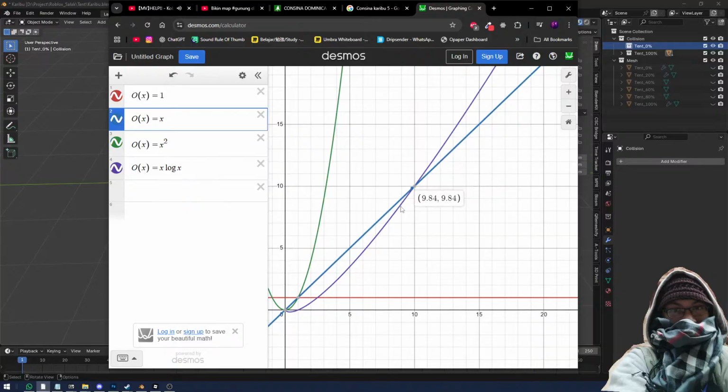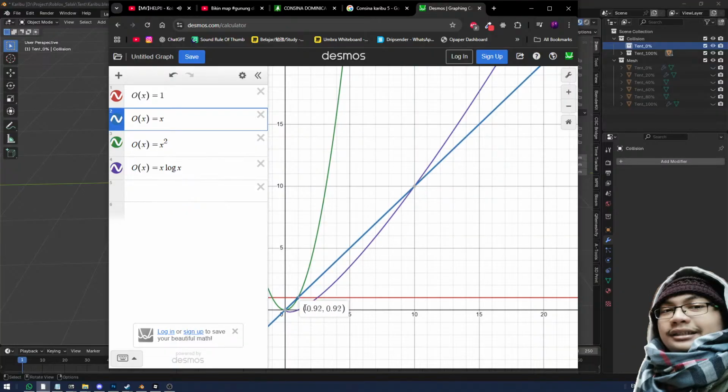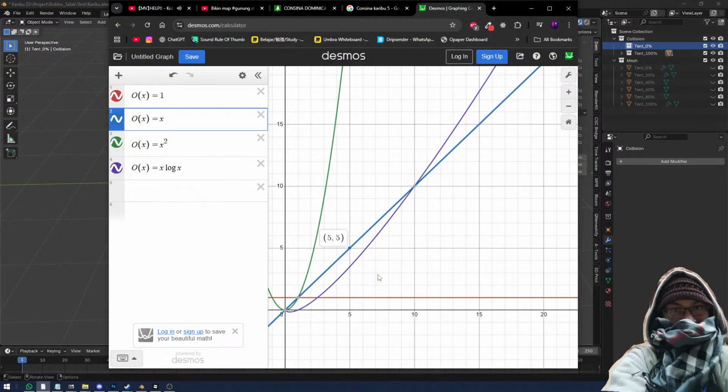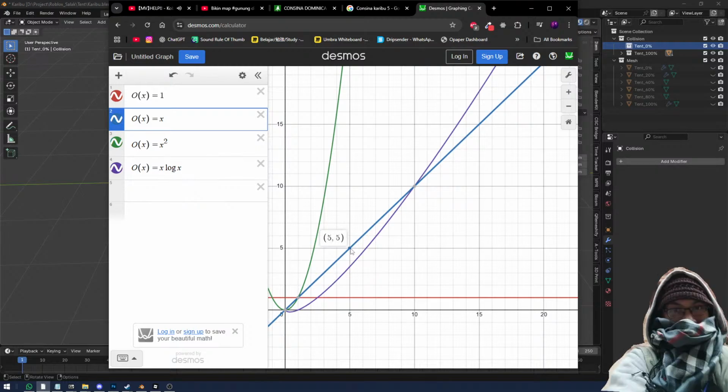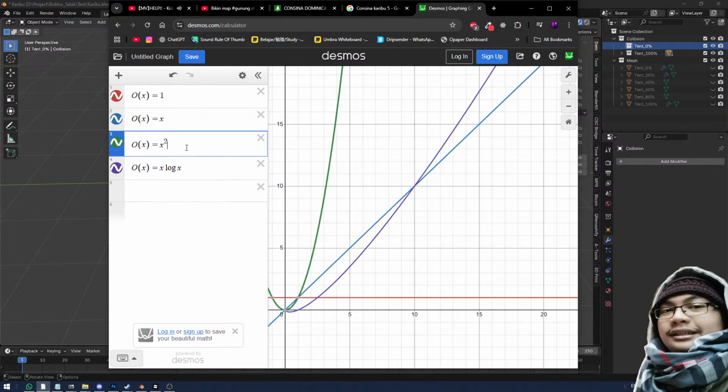Okay, this one. If you have 5 data items, it's going to give you 5 time. For example, one data item takes maybe 1 second, so 5 items give you 5 seconds of computation time. But if you have X squared, like nested for loops, you give it 5, it's going to give you